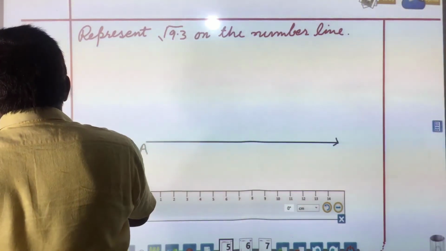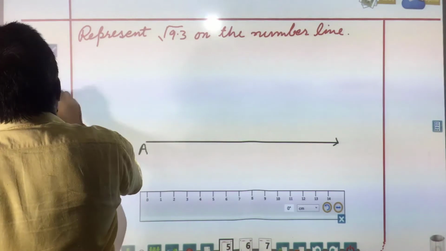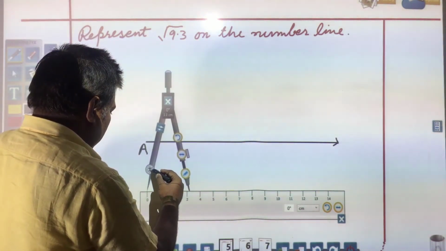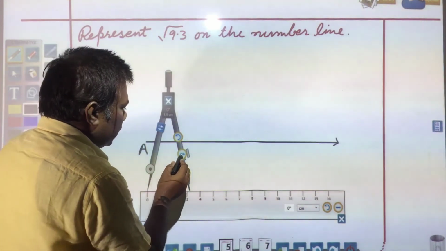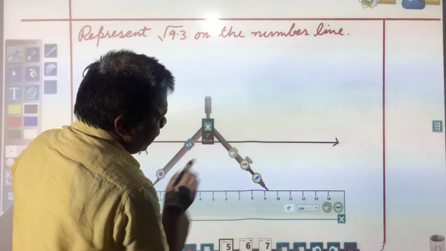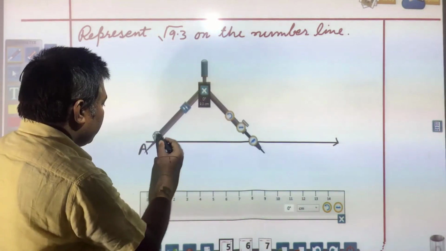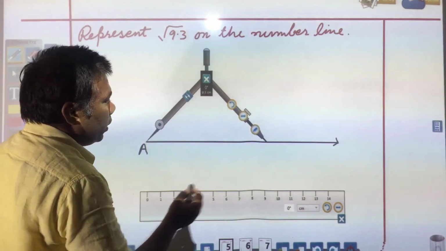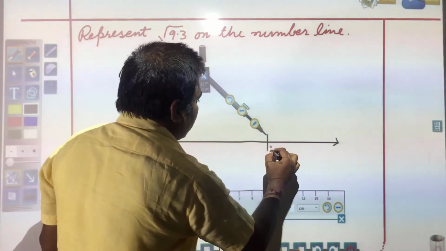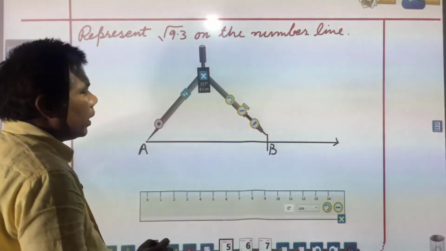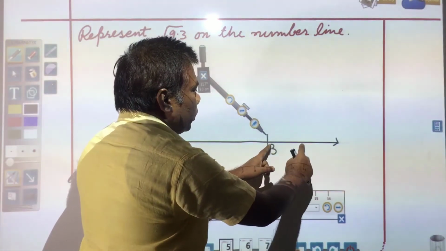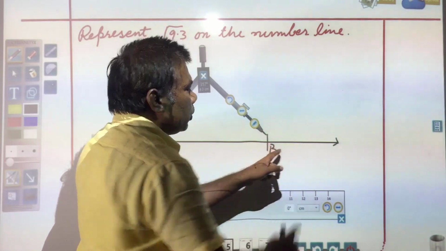So, here you mark with the help of your compass. Measure with this like 9.3, it will come around here like this. So, this measurement you see on number line, you mark over here. This has been marked, name it, suppose this is B. Now, what I had said, AB you got, now BC you need to show, that should be 1 unit.